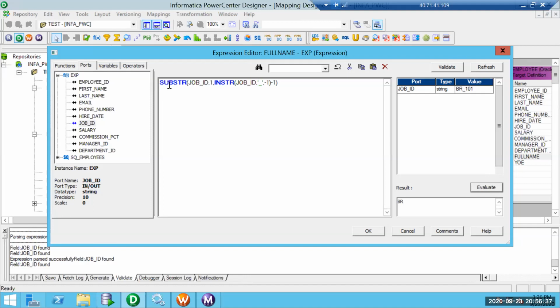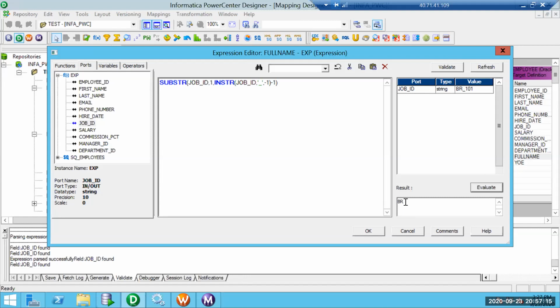What exactly it is doing is, substring is another function which is going to return me the part of a string. So in this case, we are saying, return me the string from first position, with the length given as a number of characters. This is not till this position. From first position, these many characters. So INSTR is going to return underscore means 3. 3 minus 1 is 2. So I'm saying give 2 characters from 1. From first position, 2 characters is BR. So that's why we are seeing BR.